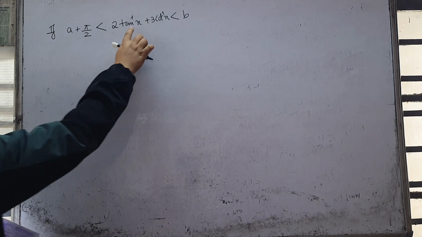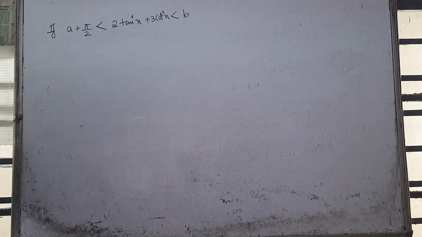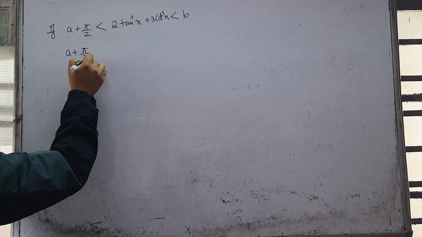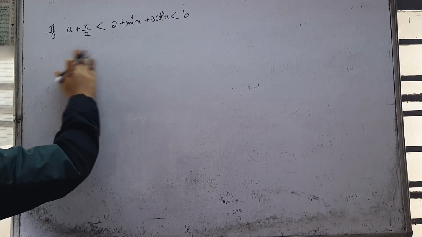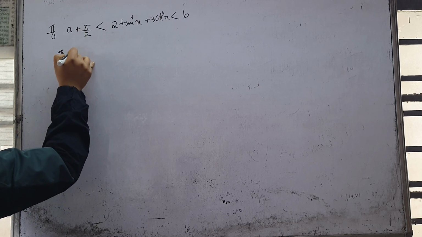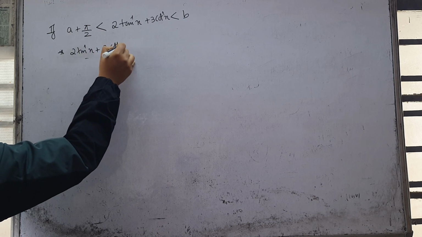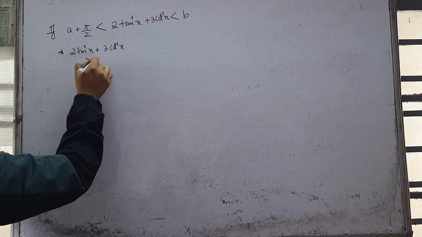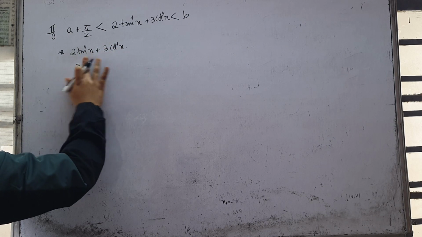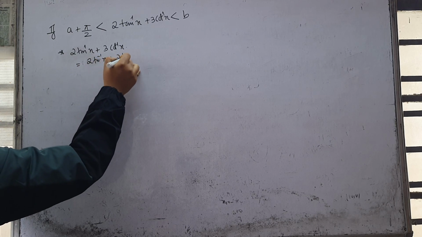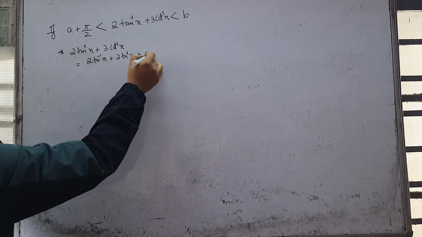Now, this is tan and cot. Don't you know a relation between tan and cot? What was that? Please tell me. Okay, let me simplify only this part, 2 tan inverse x plus 3 cot inverse x, then I'm going to write it together. So there is a relation. I can write this as 2 tan inverse x plus